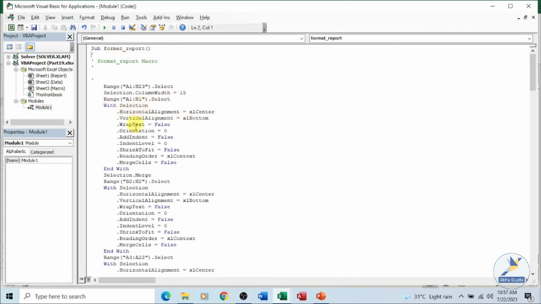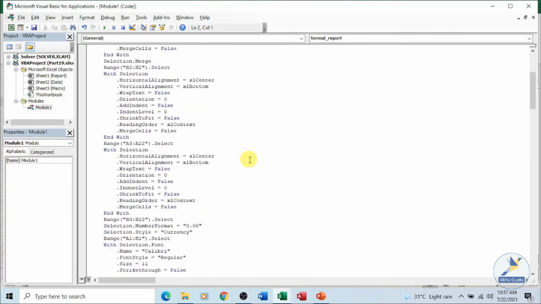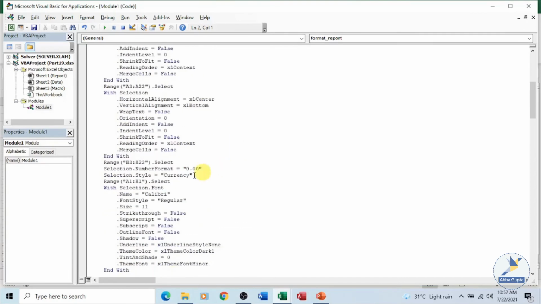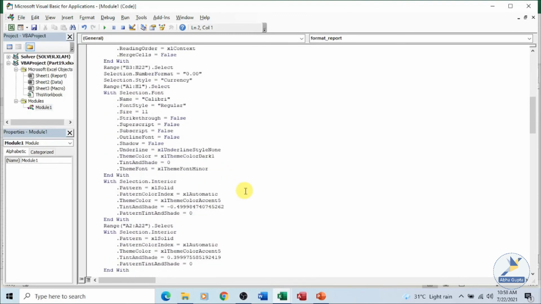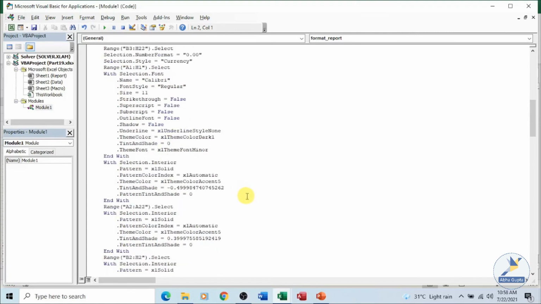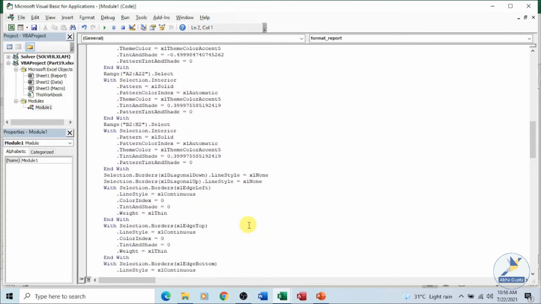I have changed the top title which was appearing over there. I have changed the column width. Then we placed certain colors over there. We placed currency, we changed the number format, and the currency symbol was being placed. You can see the currency over here, the number format over here. Then if I scroll down, you can see the colors being changed, the border is changed. We did use the fill border. You can see over here the range which we have selected. All those things are given over here.